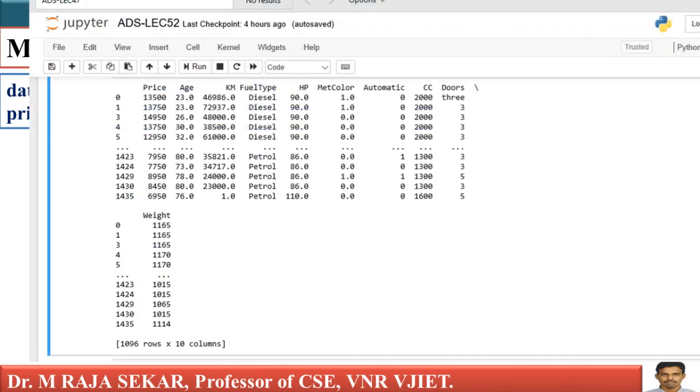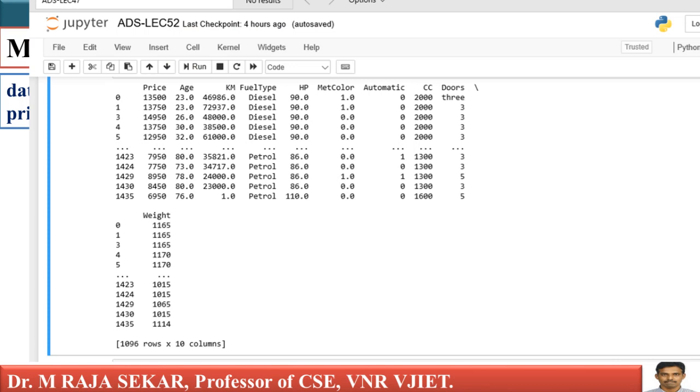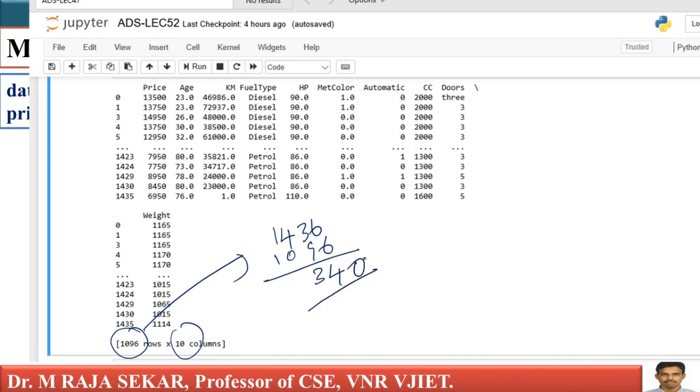If you observe this one, earlier in the previous case, what's happening here? Just observe this output screen carefully. Earlier we had 1436 rows, 10 columns. There is no difference in terms of columns. Now you are getting 1096 rows. Means how many rows are dropped? I can say 340.